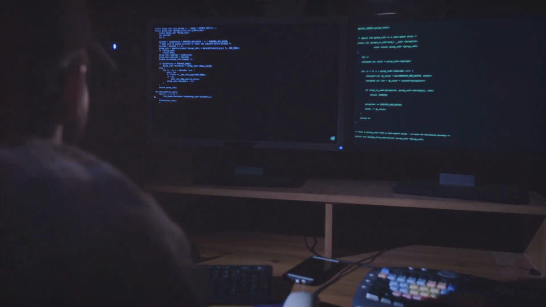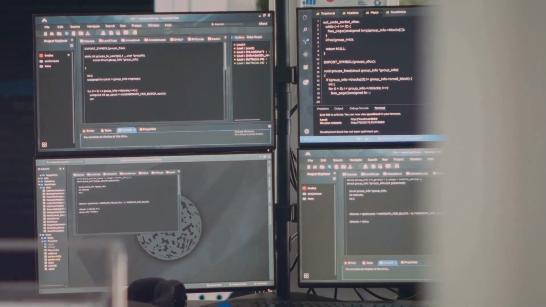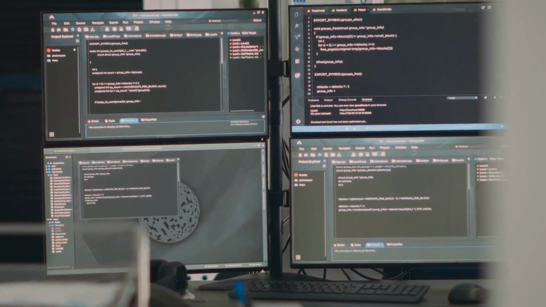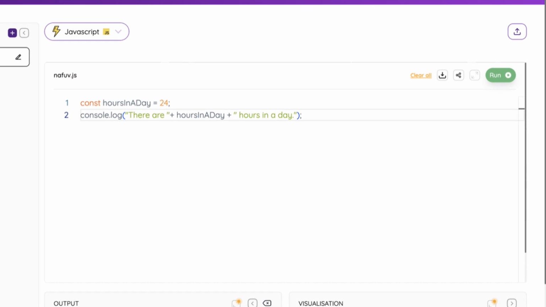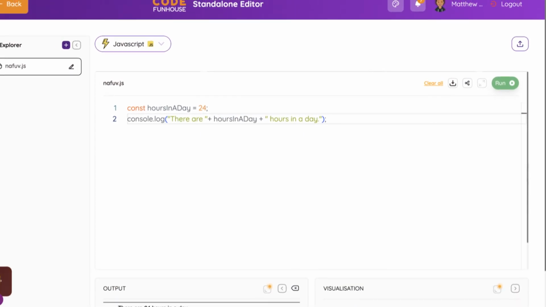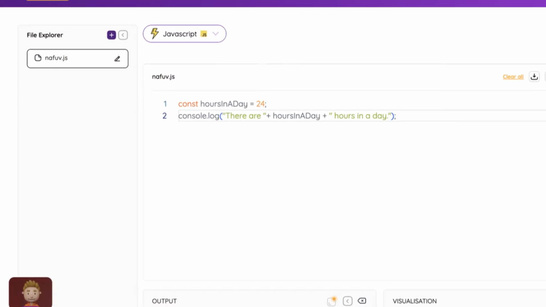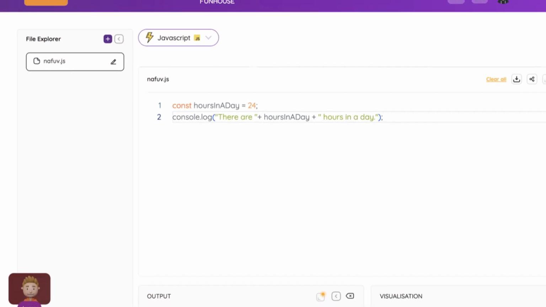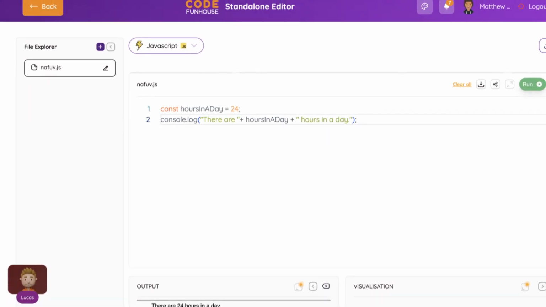Lesson 4. Using const for constant values. Sometimes we want to store information that won't change, like the number of hours in a day, which is always 24. In this case, we use const instead of let. Try typing const hoursInADay = 24; console.log("There are " + hoursInADay + " hours in a day");